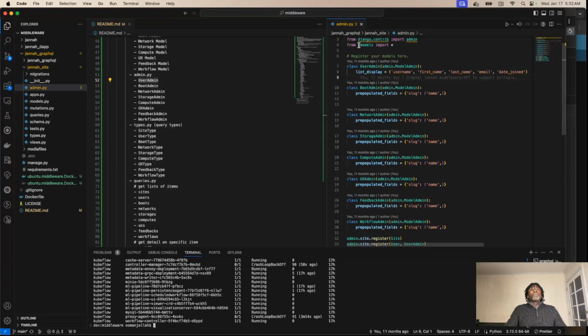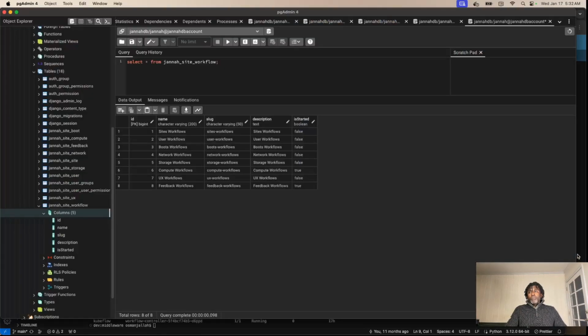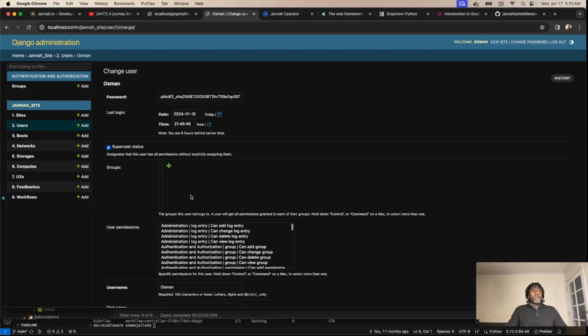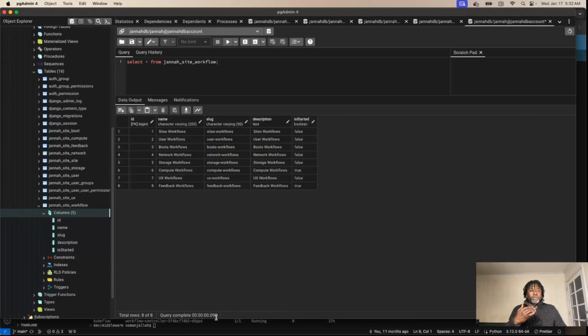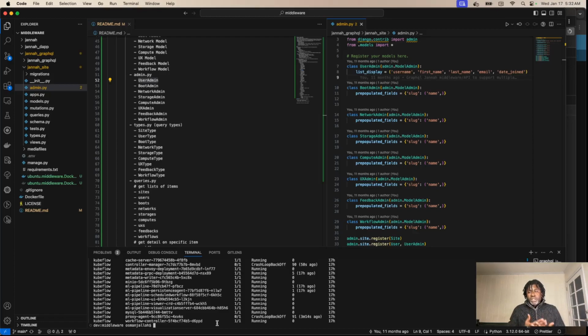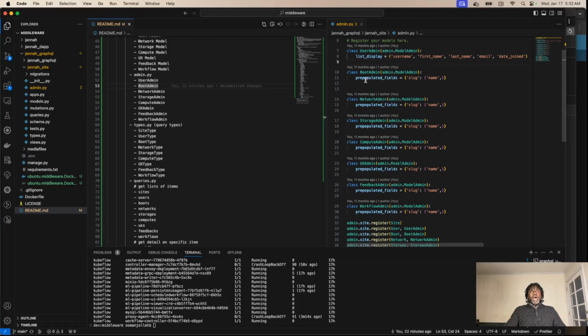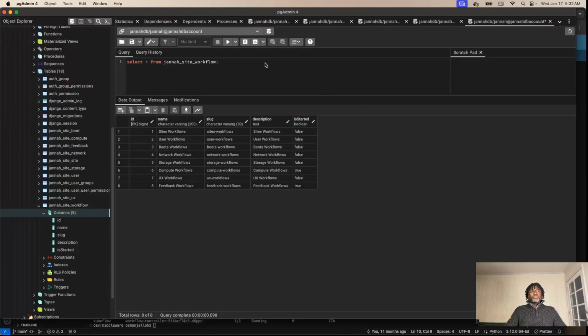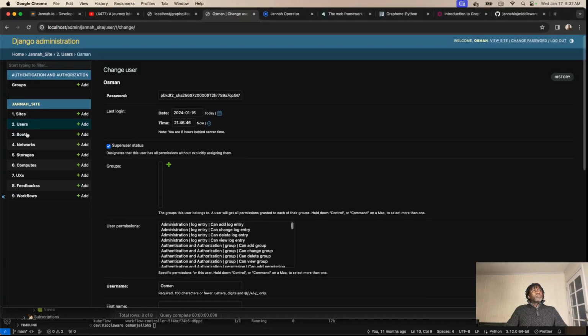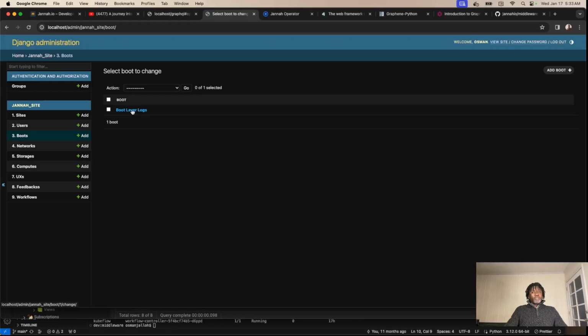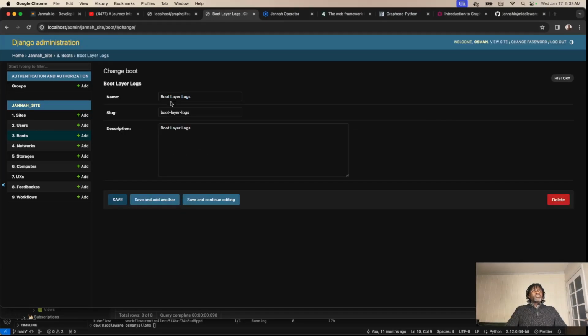So the user admin looks like this from the Django world. Remember, the admin interface in Django is just a backend access to your models, okay? There's one for user, and there's a BootAdmin, okay? Let's take a look at that. If you go to boots, there's one entry for boot here. I click on that. This is the admin for that, right? So if I want to change this data,